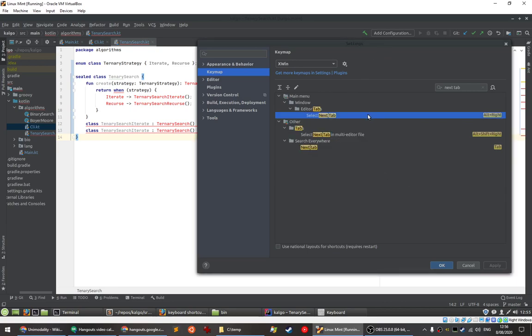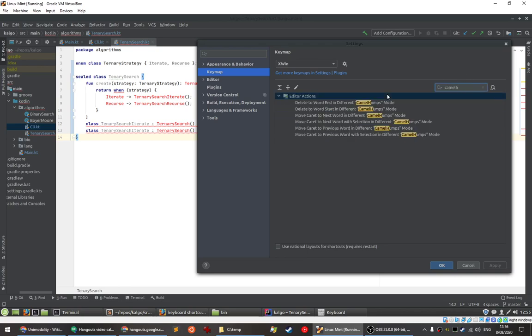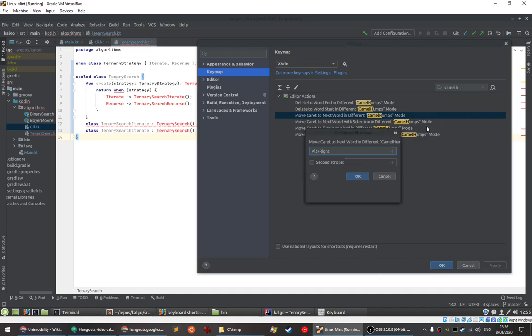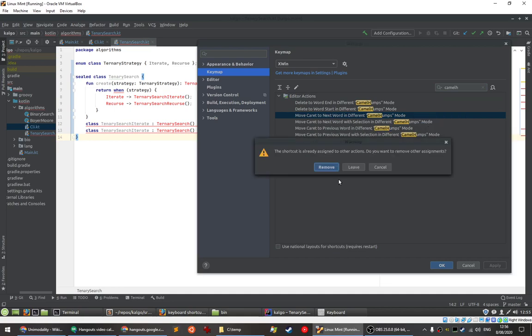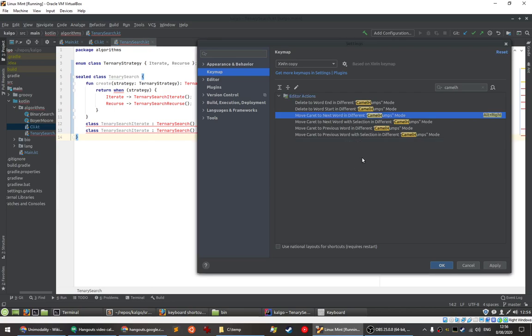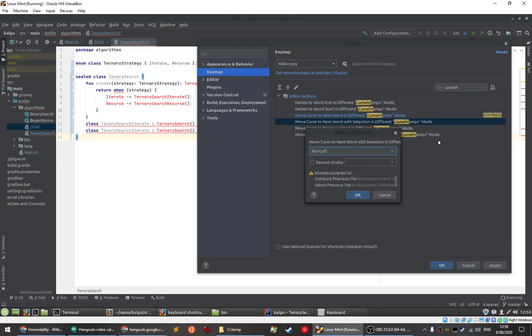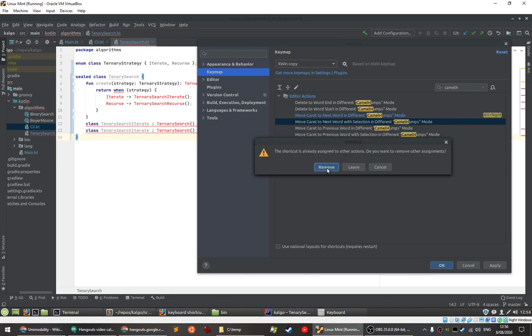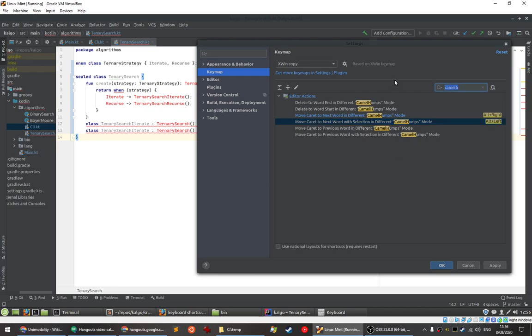It didn't do it? Oh god. Camel hump. Oh no. Oh, you didn't save it, I guess. Do I have to save it? All right. Oh, remove other assignments. Remove. Let's just do everything again. Left, remove, and then